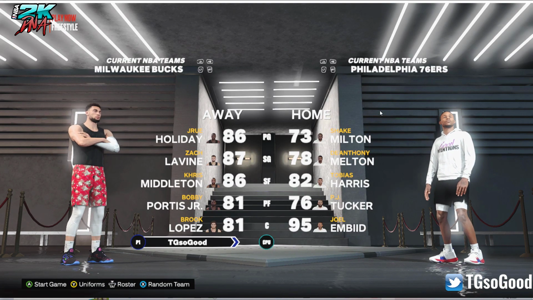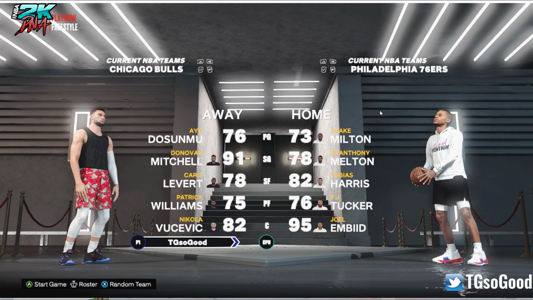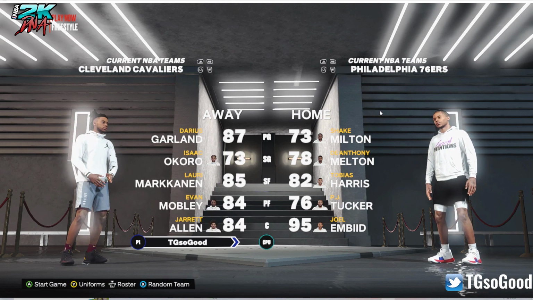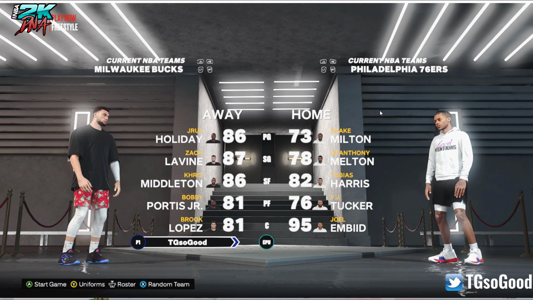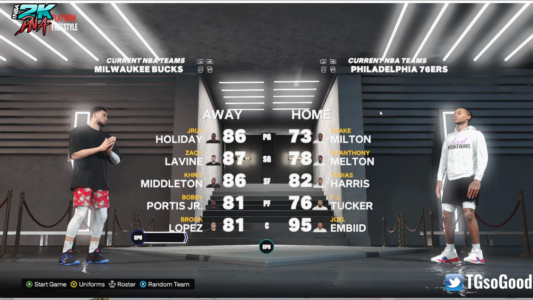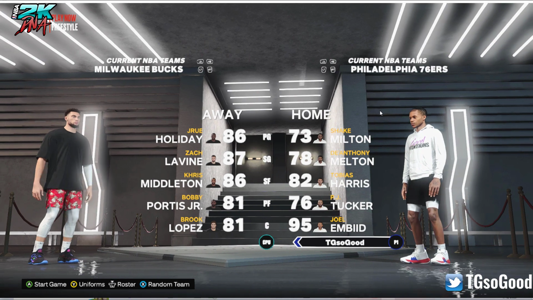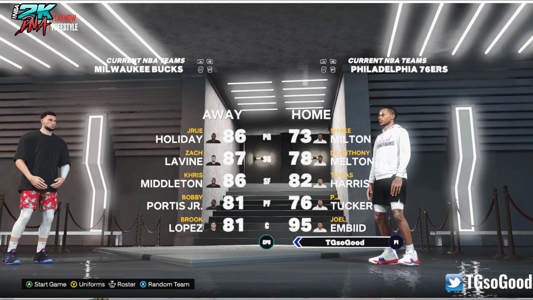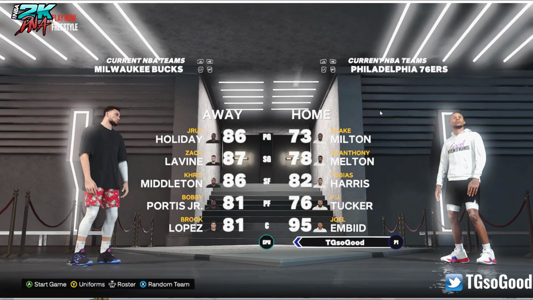And then at first, it might not look like anything changed. Like, look at Zach LaVine. So let's go to another team and then come back to Zach LaVine. Even though I've got Zach LaVine on the Bucks here. Now, this roster isn't 100% right because I've messed around with stuff, so you might have a player missing or something. I don't think you will have a player missing. But anyway,